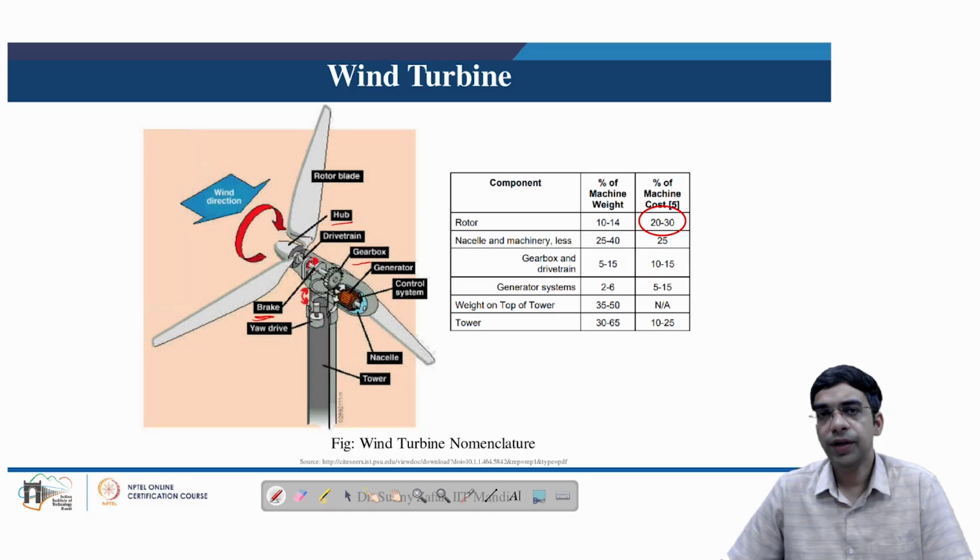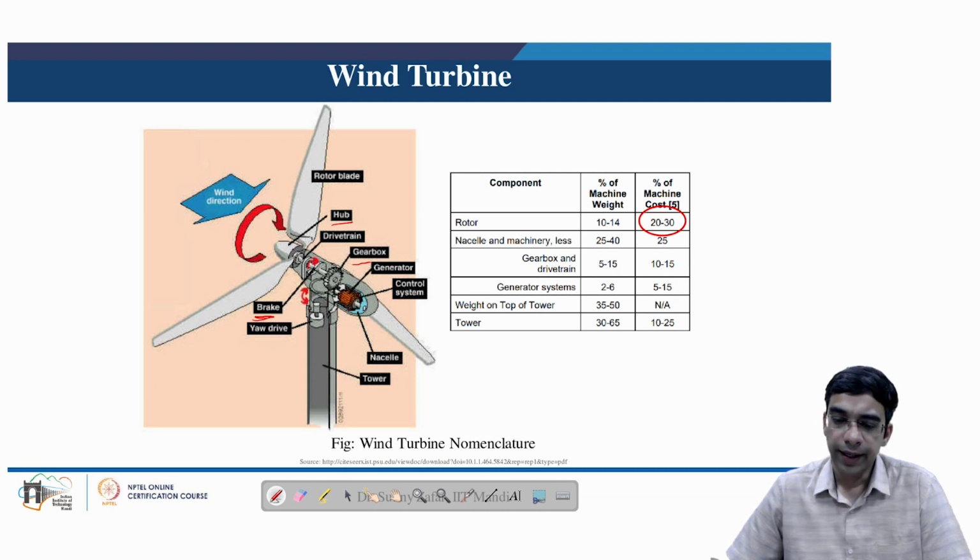In modern wind turbines, there may be some control systems which may be controlling the pitch of the blade, the yaw or the direction of the wind turbine, and they may be able to